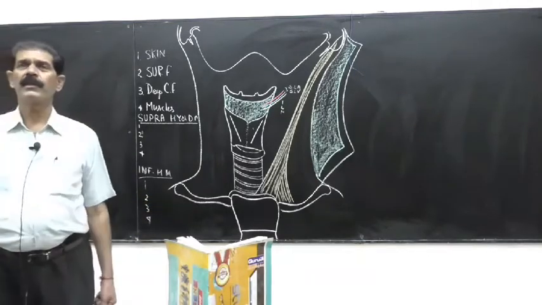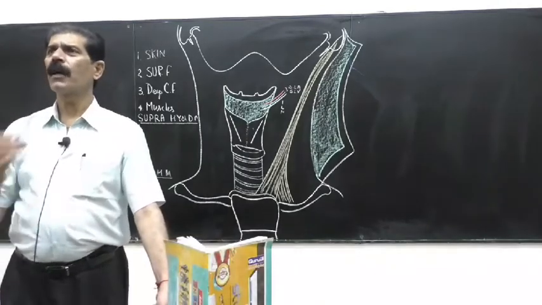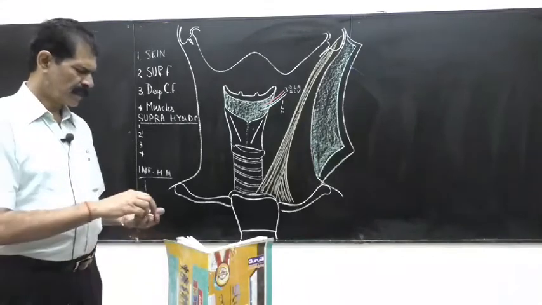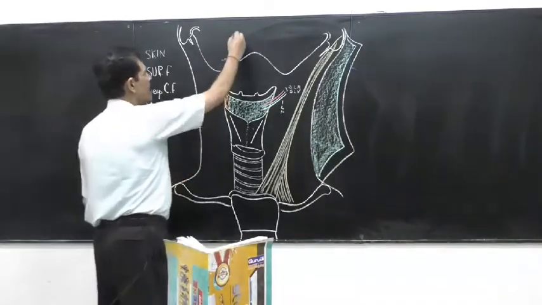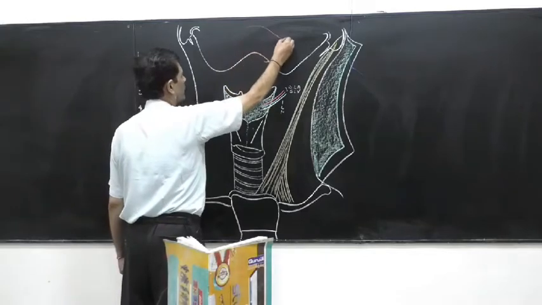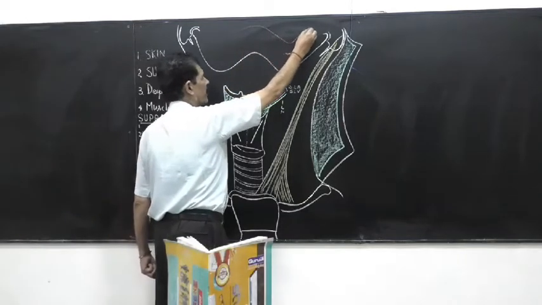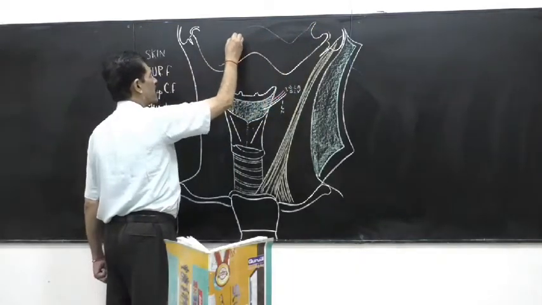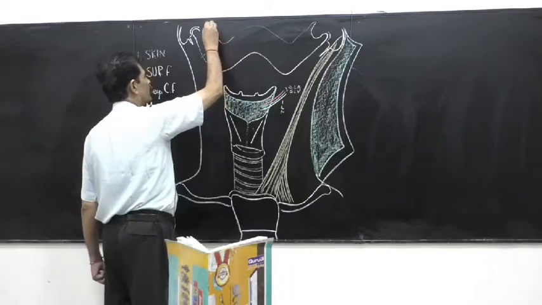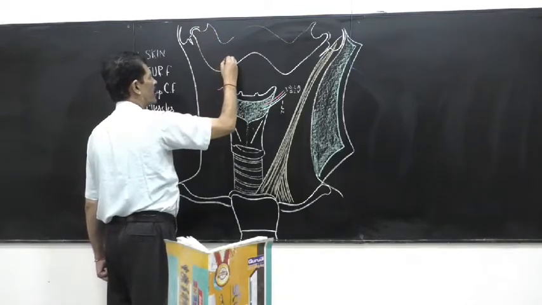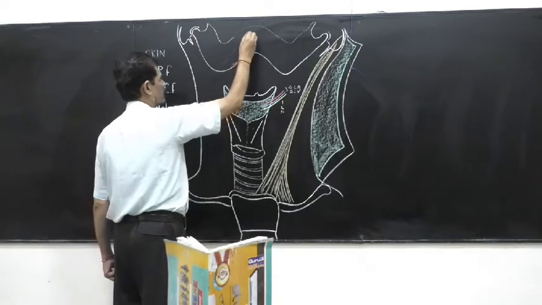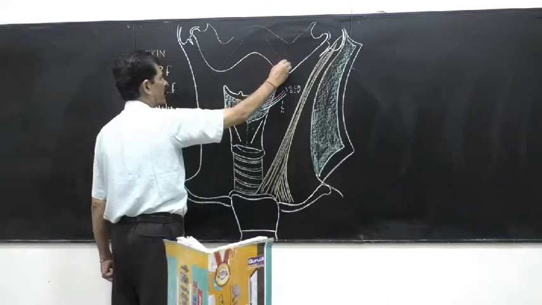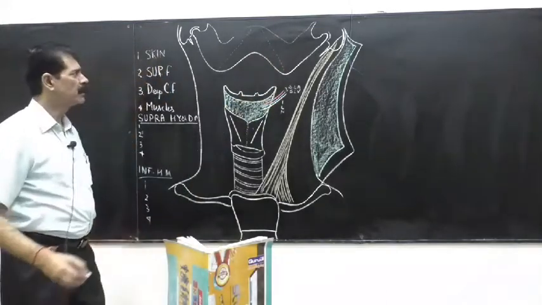So both the suprahyoid and the infrahyoid muscles, we will see in the dissection after removing the skin and the fascia. 4 muscles. Now above here is the mandible. The body, the ramus is the vertical part, and inside the body of the mandible lies an oblique line that is called the mylohyoid line. Dotted means it is on the medial surface of the mandible body, mylohyoid line.